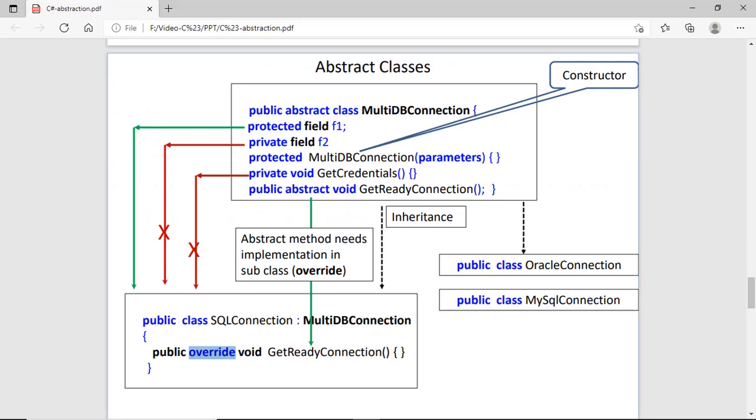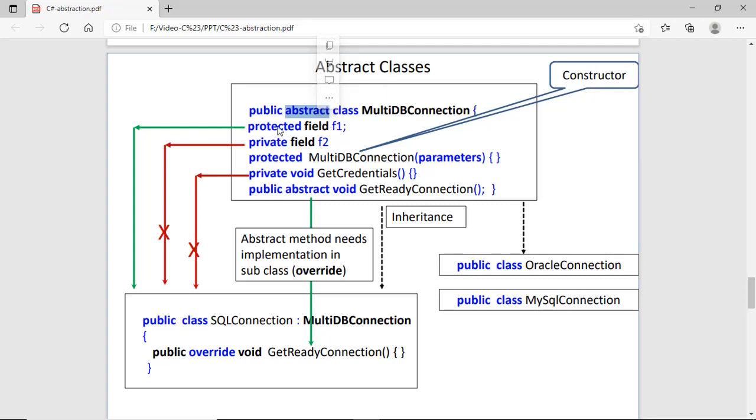Before doing the practical on the abstract class, we have a diagram. We can check this diagram to see how to create the abstract class. We have a class named MultiDBConnection. The purpose of this class is to implement the details of creating the connection for multiple databases and hide those details. First of all, we have a keyword when we declare the class, and this is called the superclass because other classes would be inheriting this class. So public then abstract, this is the keyword. It means we are creating an abstract class.